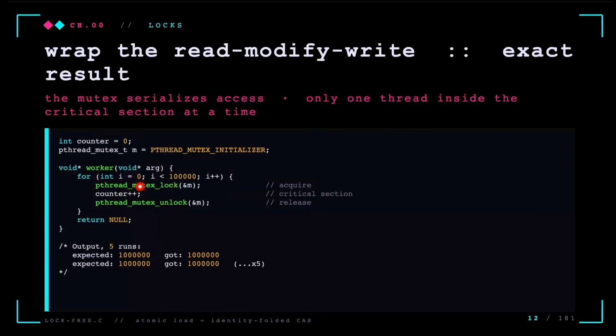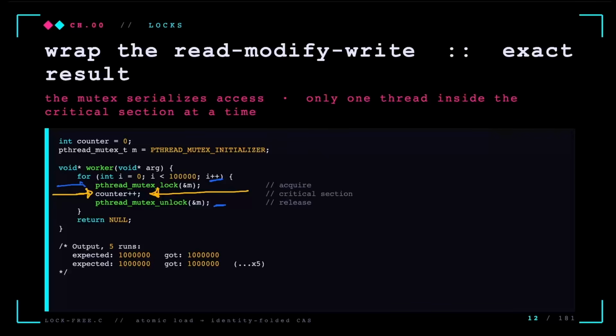And then in our worker function that will be executed in parallel, we first need to define the critical section, which is our increment. So the idea, we want this counter plus plus to be executed only by one thread at a given time. So in this entire section, basically anything between the mutex lock and mutex unlock, only one thread can access that. And you can think of it as like a token or a key, where the very